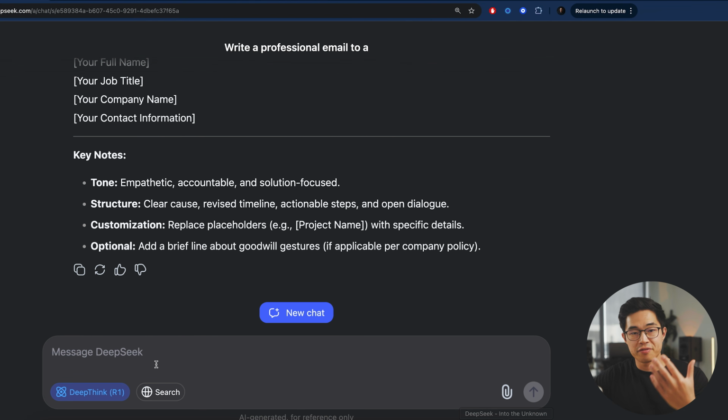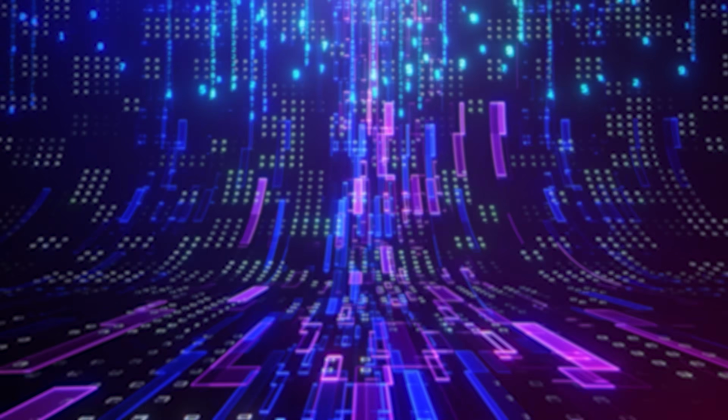We can of course give it feedback by just messaging and telling it to rewrite this email with blank or blank, and it's going to spit something out that's new. So the next use case we'll talk about is actually using DeepSeek to help with your